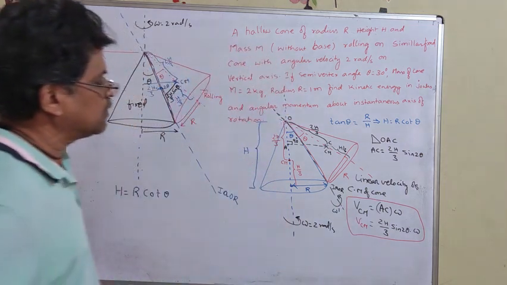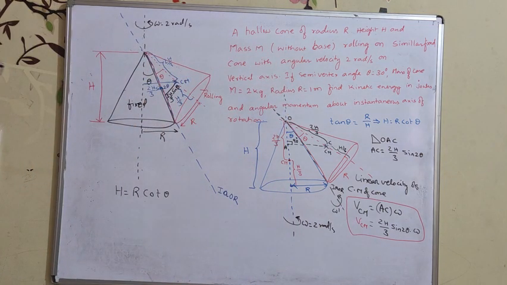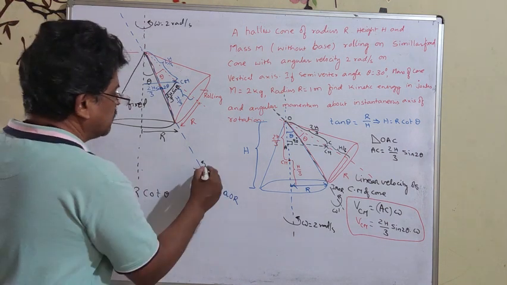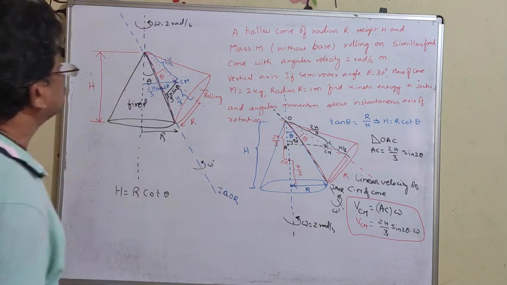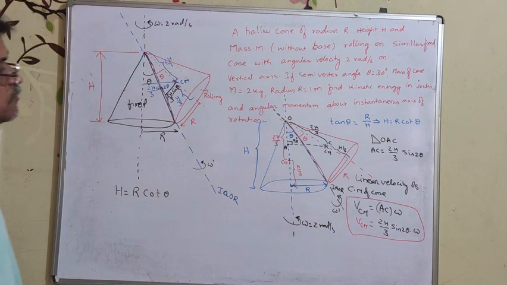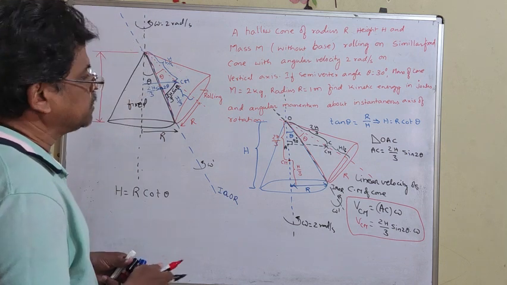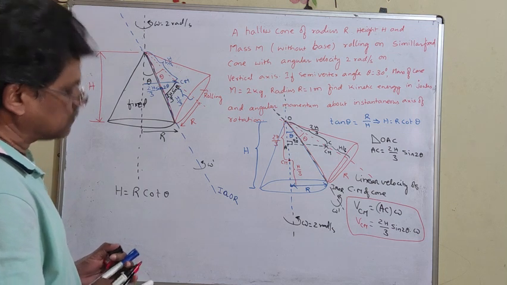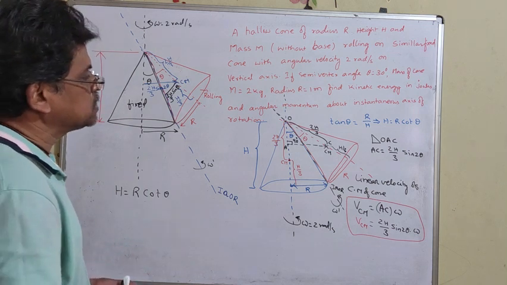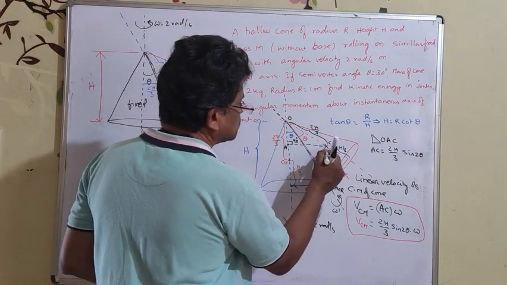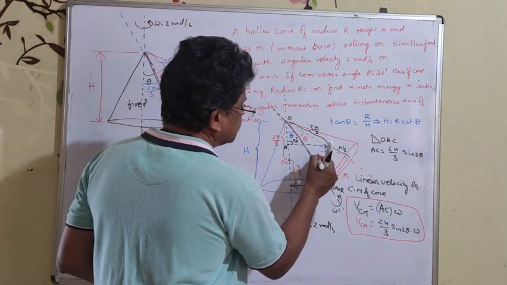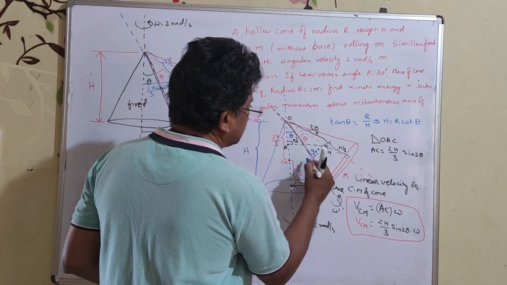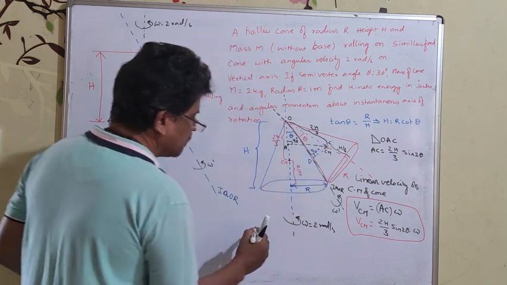I want to find the angular velocity about the instantaneous axis of rotation as omega dash. So how to find this value? For this, again we need to find the perpendicular distance from the instantaneous axis of rotation to the center of mass. This is the perpendicular distance, with 90 degrees. If I take this point as D, in triangle ODC,